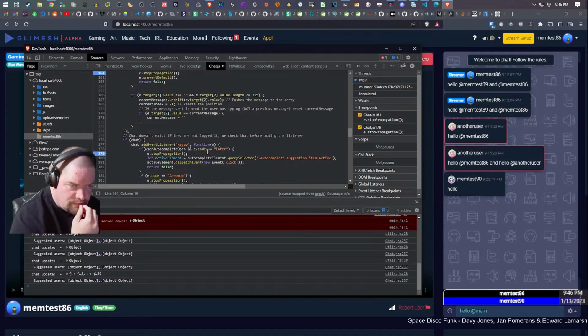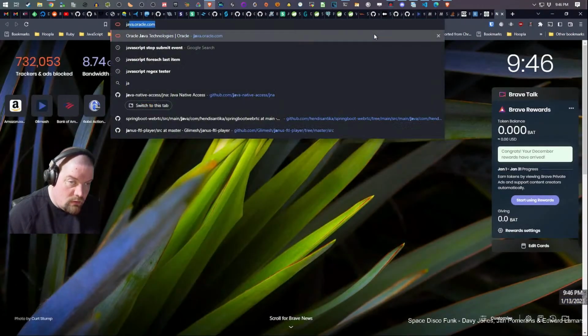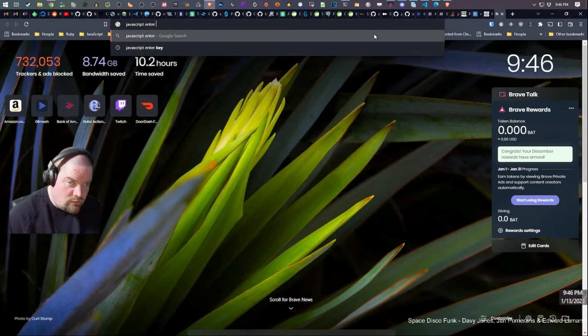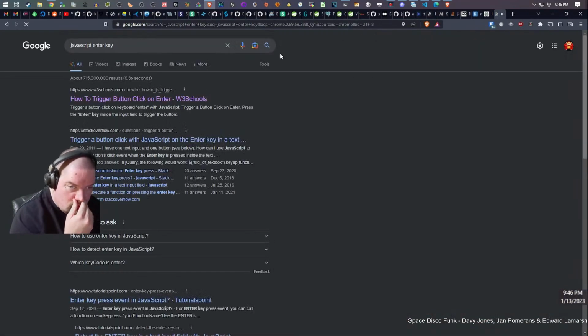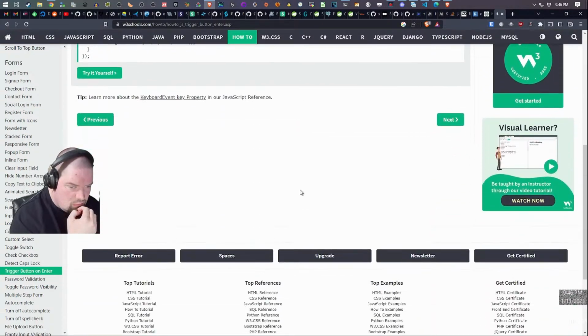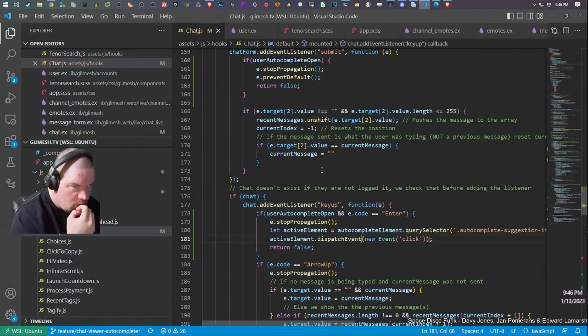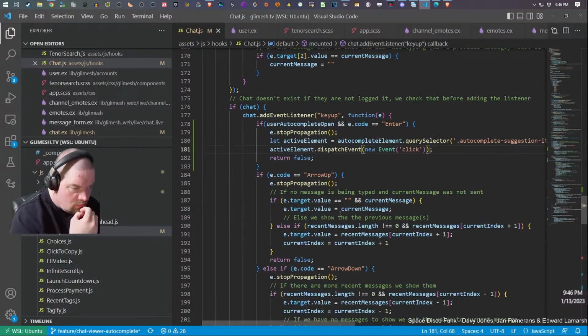Okay, so this code enter isn't right. So JavaScript enter. Event.key enter. The code.